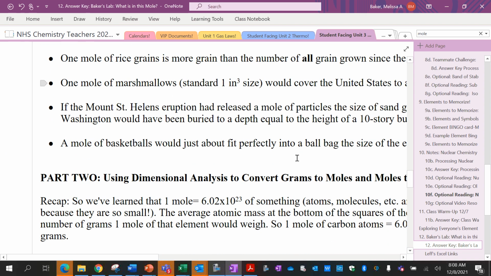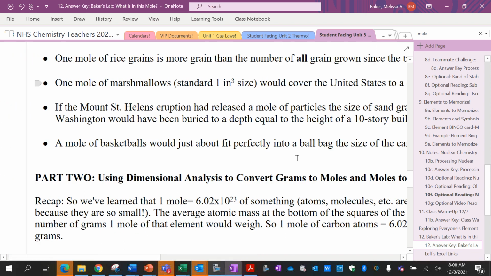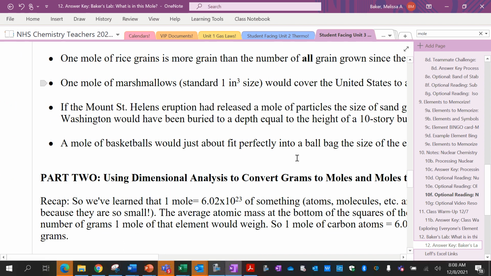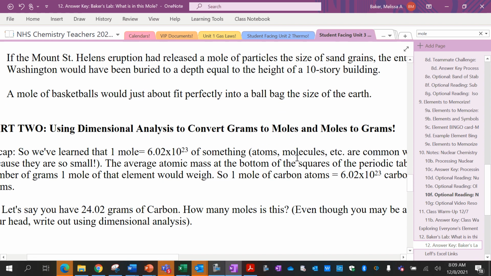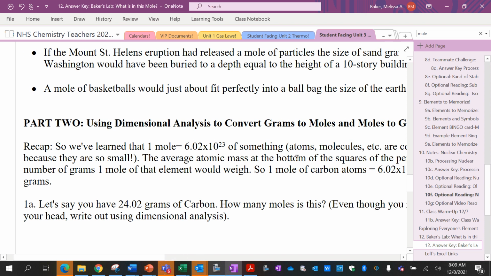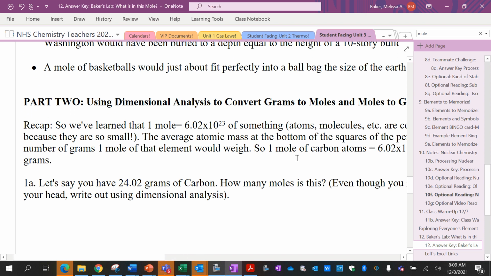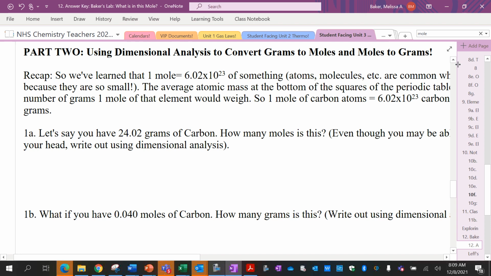If Mount St. Helens eruption had released a mole of particles the size of sand grains, the entire state of Washington would have been buried to a depth equal to the height of a 10-story building. And a mole of basketballs would just about fit perfectly into a ball bag the size of the Earth. Crazy. Okay, recap. So we've learned that 1 mole, 6.02 times 10 to the 23rd of something,